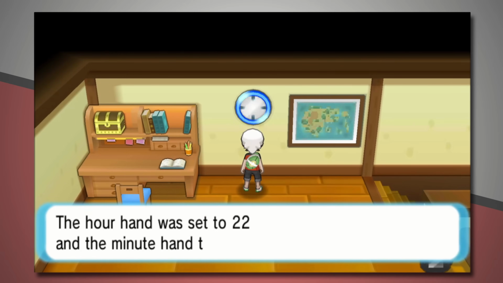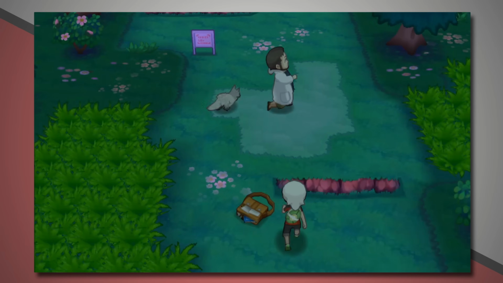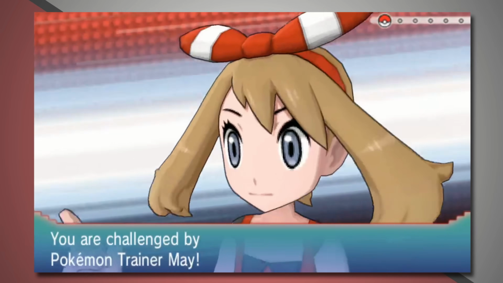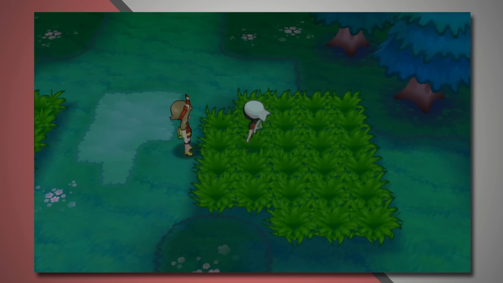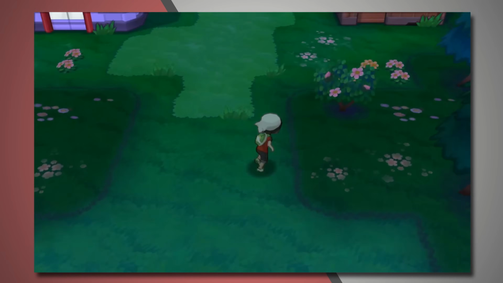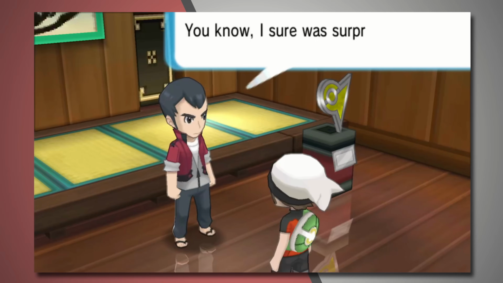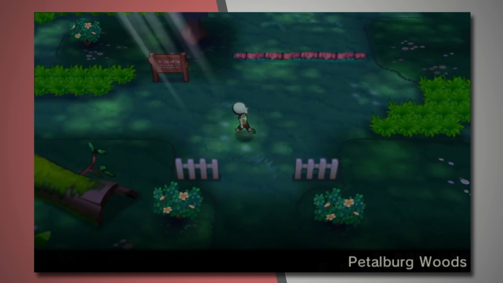We set the clock, miss Dad on TV, go meet May, save the professor, battle May, and head towards the Petalburg gym. But this time we gotta stop a couple of times to learn about the new Dexnav features, which are awesome, but we will not be using. We go see Dad in the gym, Wally comes in, he catches a Ralts, we go through the Petalburg woods,